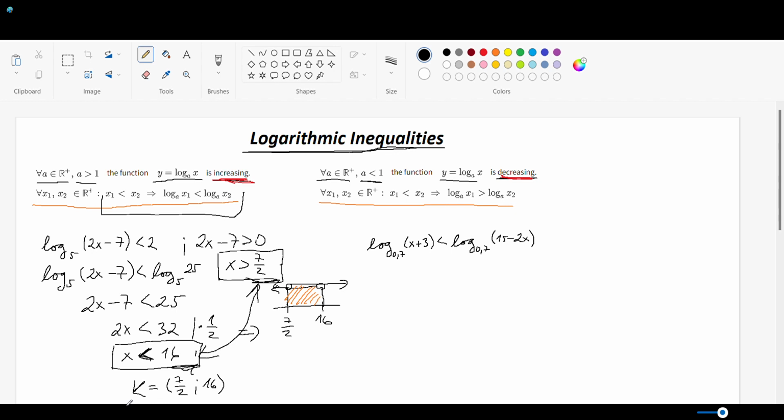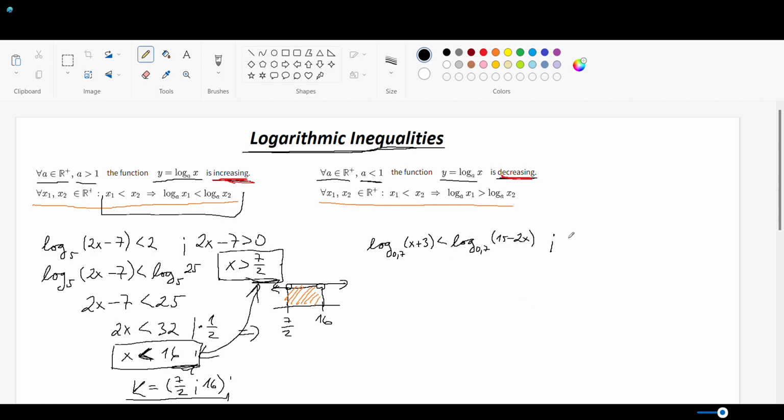So if we take any x from this interval, we will get the true statement. Okay, let's have a look at the second inequality. In this case, there is nothing to be rearranged very strictly, but as we said, the first thing we have to find is the domain of both functions, the function on the left side and the function on the right side,